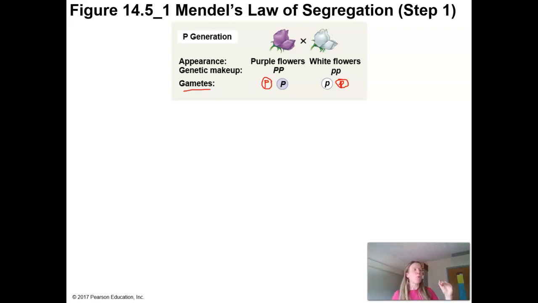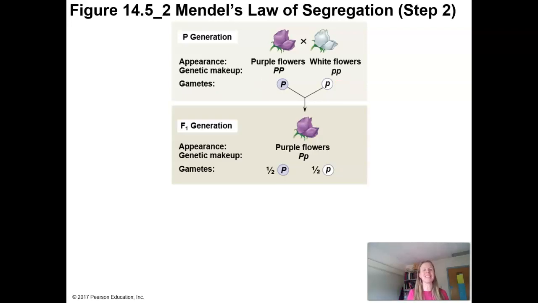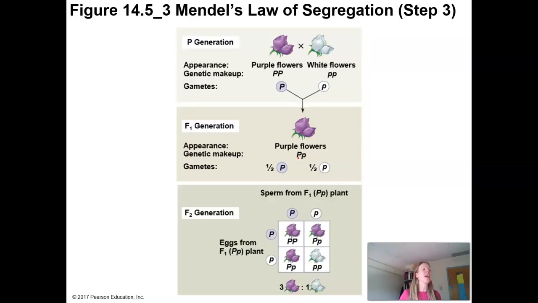Okay, right? So we're taking this jump now and saying, hey, that trait, that gene has to end up in the gametes, right? And we're getting different versions of that gene in the gamete. So basically then we can see what's really going on in that F1 generation. The physical appearance, what we call the phenotype, is purple, but the genotype, the actual gene organization, is this mixture, 1 dominant and 1 recessive, and that is the only way this F2 generation makes sense, where this white flower shows up again.